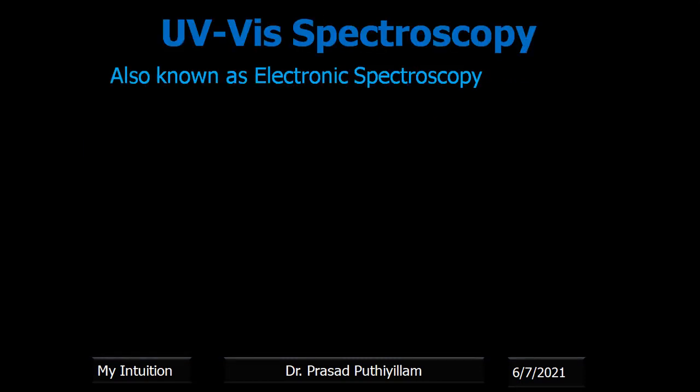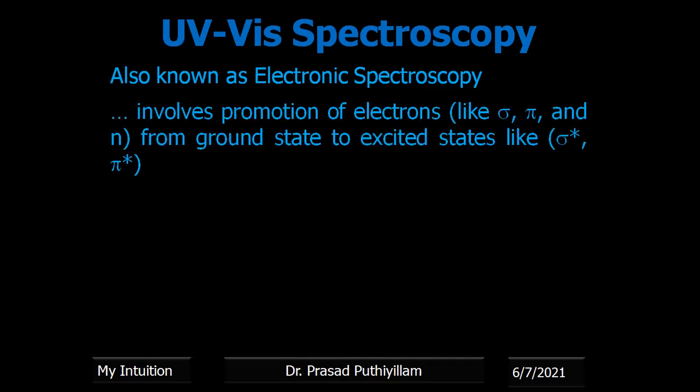It is also known as electronic spectroscopy because it involves the excitation of electrons. Mainly the electrons may be the bonded pair of electrons like a sigma bond, which is formed by the mutual overlapping of atomic orbitals to become a molecule, or a pi bond, which is the sidewise overlapping of atomic orbitals to become the molecular orbital, or it may be n, that is the lone pair of electrons or non-bonding electrons. They will be excited to higher energy levels, that is sigma star or sigma asterisk, as well as pi asterisk or pi star.